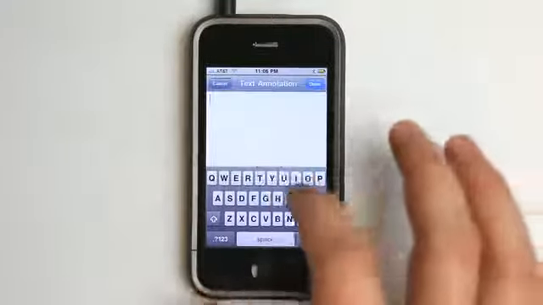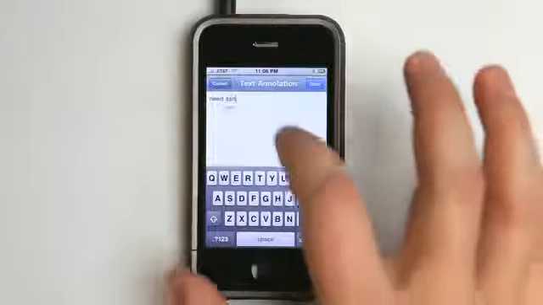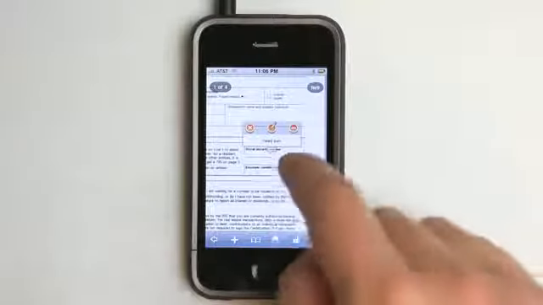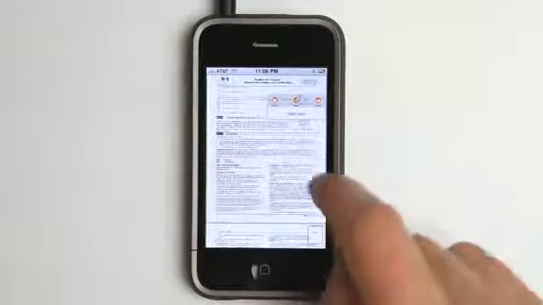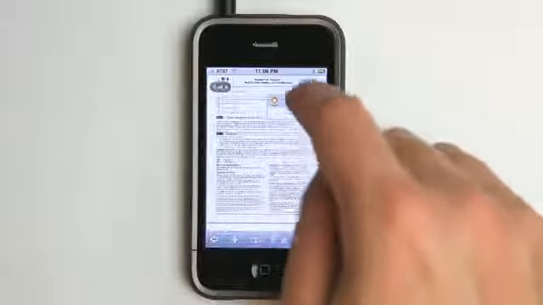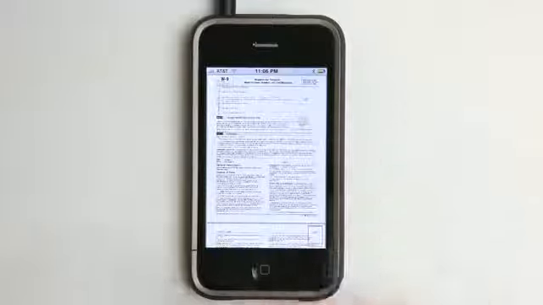So we're typing in a note. Let's say we need the Social Security number. Hit done. So now you can see there's a little notation in that section. If we go and view the full page again, we can see that notation is right there. We can click on the pencil to edit it, or we can click on the little minus to minimize it, and you see it has a little notation item right there, so that we can reference back to that. So we could zoom in again